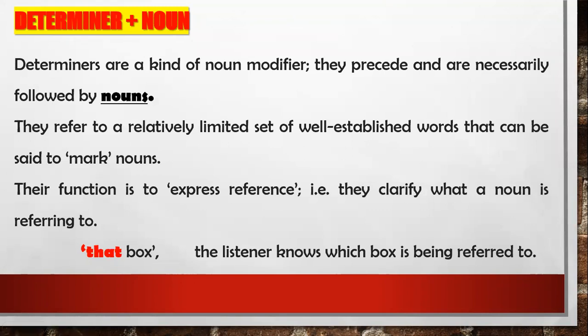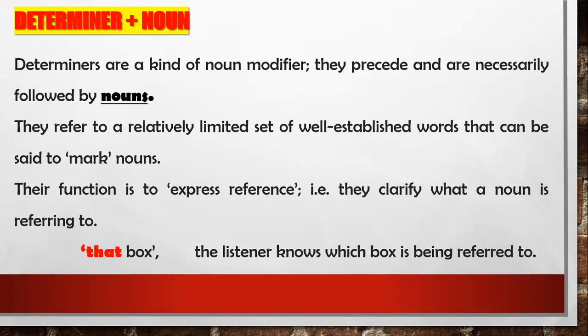The other component of a noun phrase is a determiner plus a noun. What are determiners? They are a kind of noun modifier. They are going to modify the noun. They precede and are normally followed by nouns. They refer to a relatively limited set of well-established words that can be said to mark nouns. Their function is to express reference. For example,